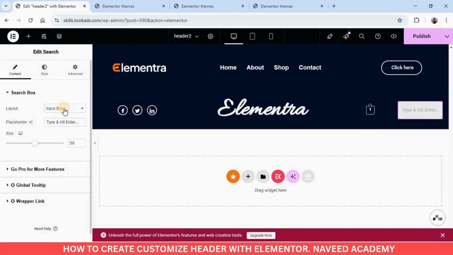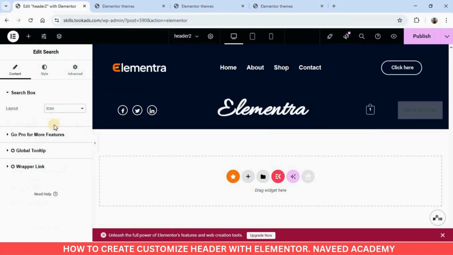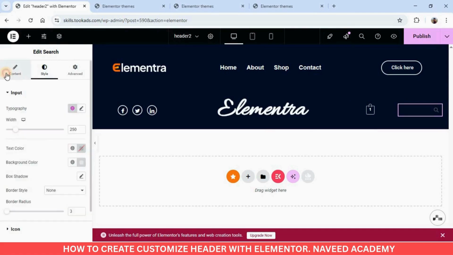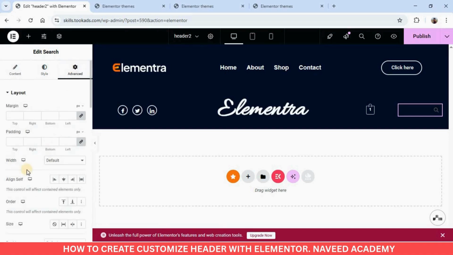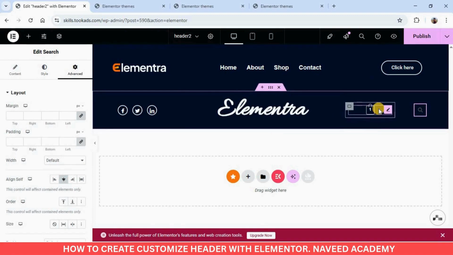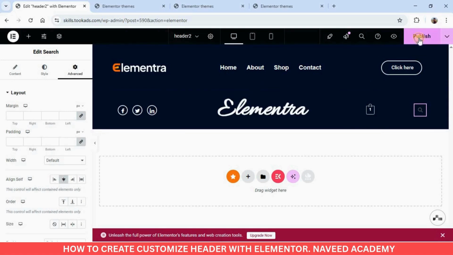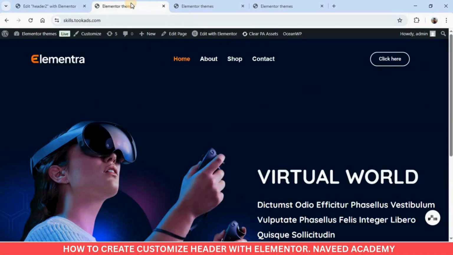Go to layout, click here on input box and set it to icon. After that, go to advanced and go to align self and set it to center. After setting the search icon, click here on this publish and go to preview page and refresh it.